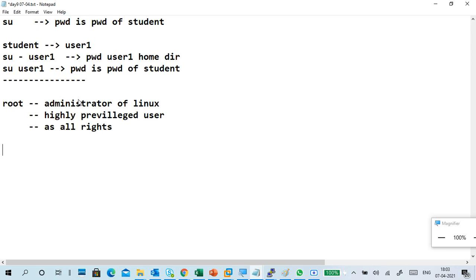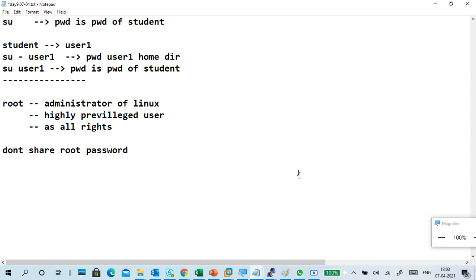Root is a very important user. If you share the root password with someone, they may damage your system. Maybe they will change your system properties or applications. They may steal your important data. They may change the configuration. So there are a lot of possibilities there, so we should not share the root password with everyone.